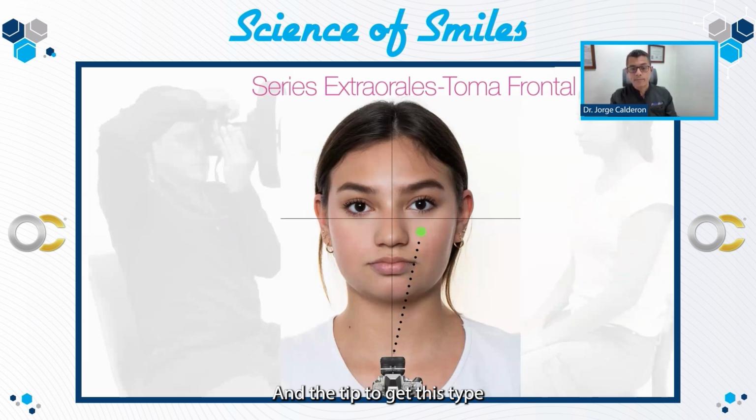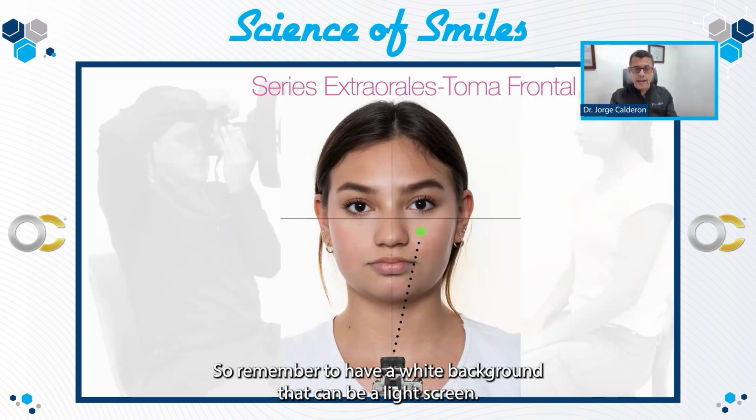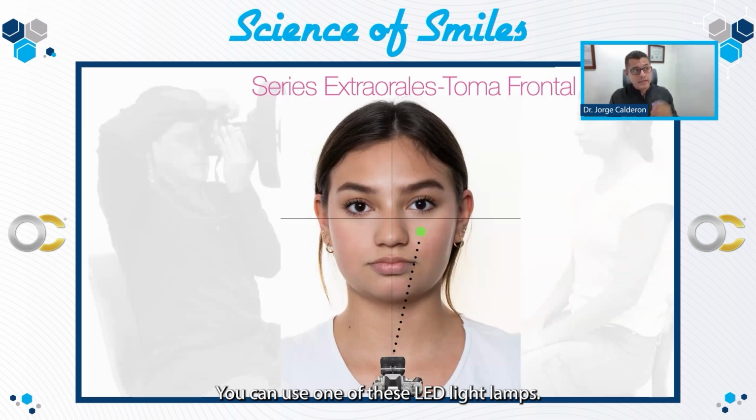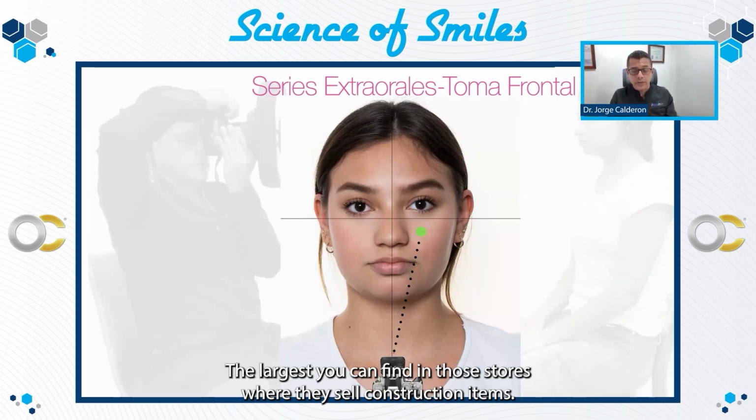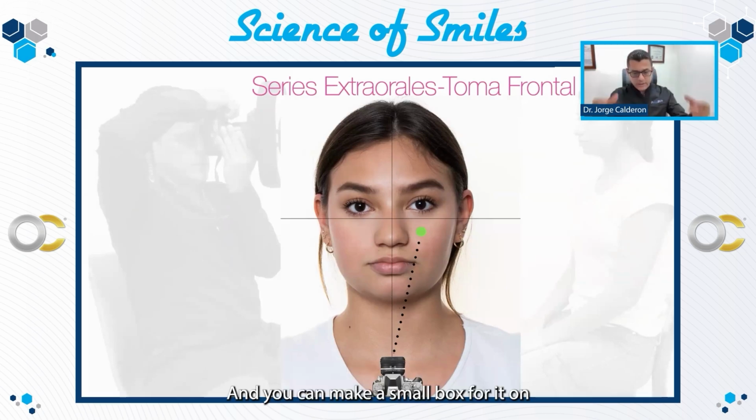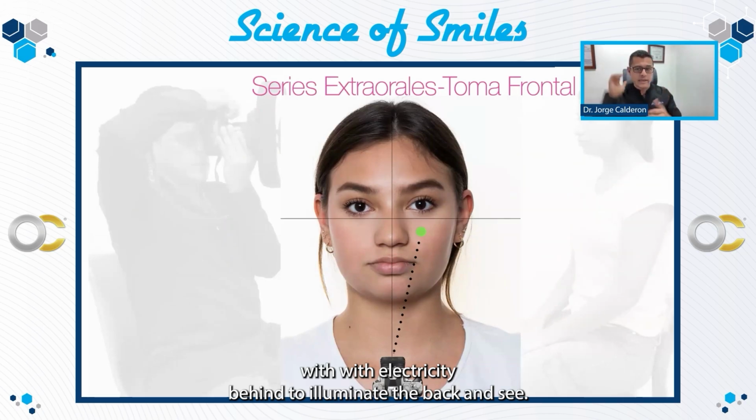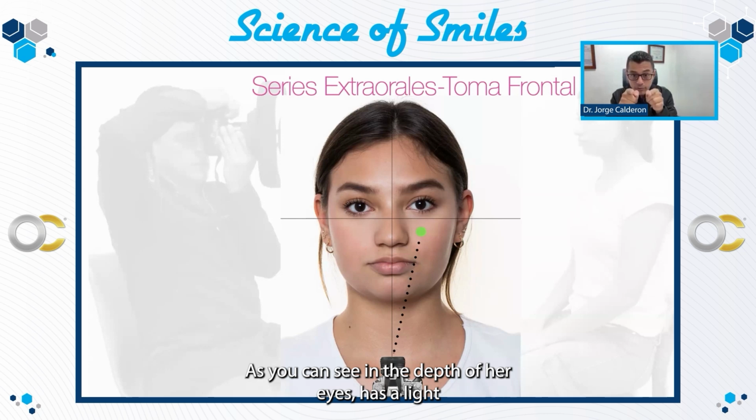And the tip to get this type of photograph that you are seeing here is the following. Remember to have a white background that can be a light screen. You can use one of these LED light lamps, the largest you can find in those stores where they sell construction items, and you can make a small box for it with electricity behind to illuminate the back. And she, as you can see in the depth of her eyes, has a light that comes behind me